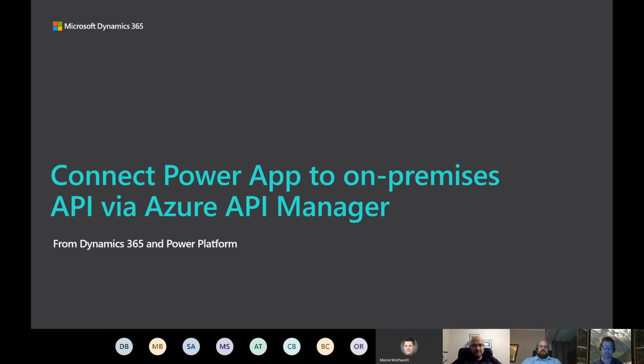And basically what it does is your Power App goes to Azure API Manager, and Azure API Manager is essentially a proxy. It's the man in the middle. And then that proxy then connects to the on-premises API. And the reason why this is quite cool is because this thing in the middle called Azure API Manager can convert XML to JSON. So it makes it like old SOAP to REST.